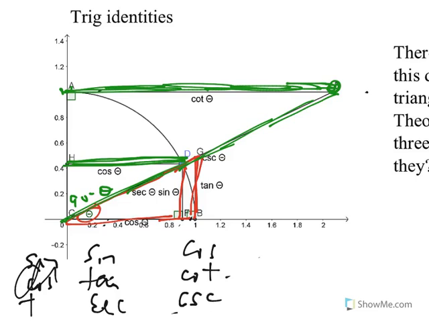And those 6 things are related by something called the trig identities. And what I'm going to do is take these triangles. There are 3 triangles. There's the red one. I'll make this medium-sized one blue. And this large one is going to be green. And if I take these triangles and put them side by side,